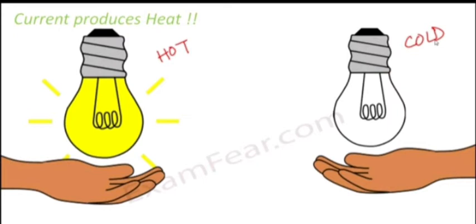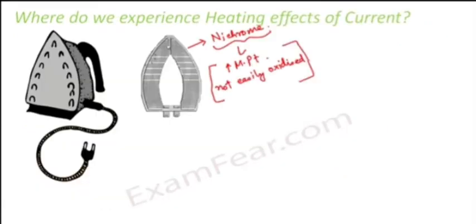You can try these experiments on your own, but remember one thing and be careful. Never experiment with those types of electric circuits which are connected to the mains or generator or inverter, because there is a high chance of getting an electric shock. So whenever you try to do some experiment with the electric current, always try to use an electric cell, as it is very convenient. So one example we have seen is that a glowing bulb produces heat when electric current passes through it.